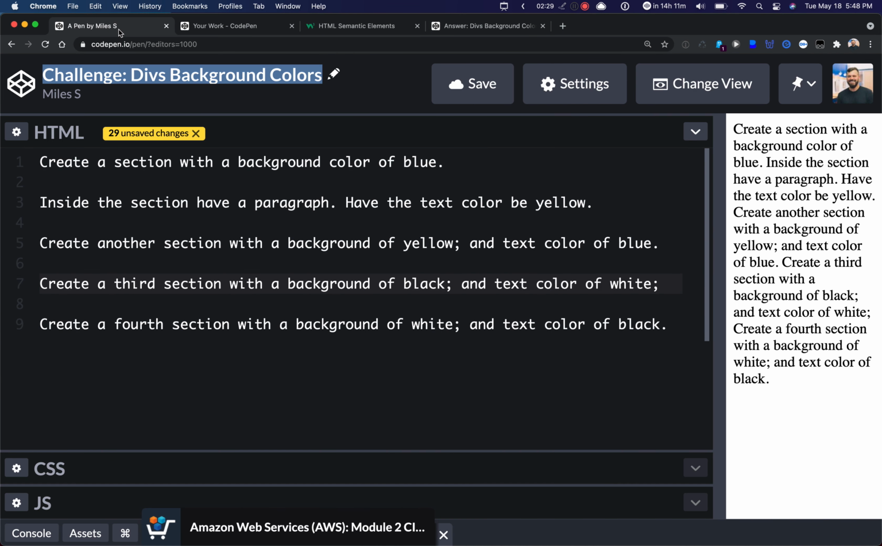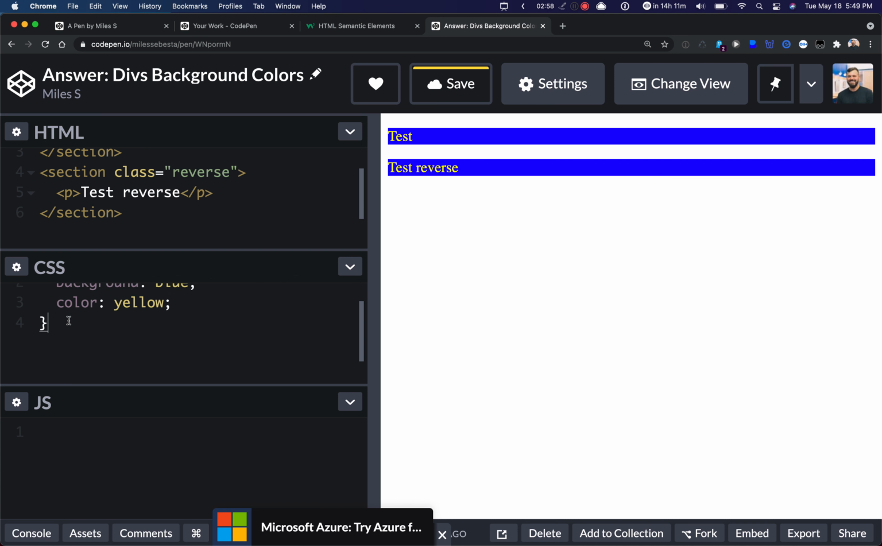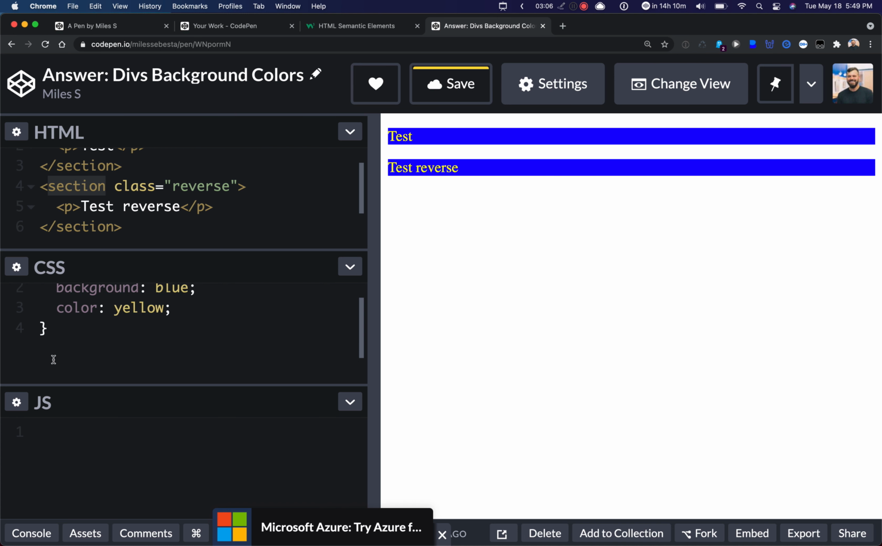So the next thing we're going to do is create another section with a background of yellow and the text color of blue. So I'm going to create a section and give it a class equal to reverse. I'm going to add a P. You'll see that it automatically applies this coloring to it because it has a section. It's looking for this section, but I want to change this. So I'm going to say section